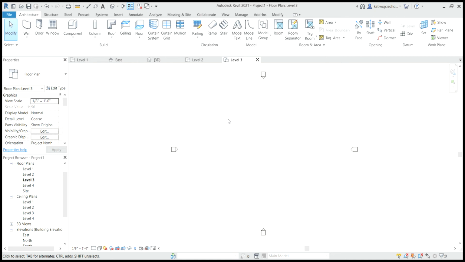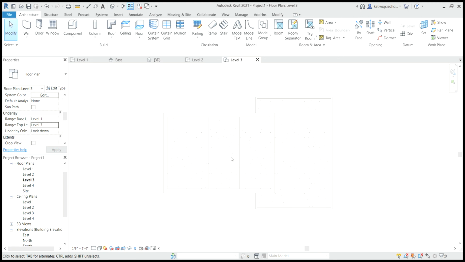Now, as you can see, you can't see anything. So to fix that, we're going to go over here on the properties box. We're going to scroll down until we get to underlay. So where it says range base, I'm going to go to level 1. Top range, let's do level 3. And we want to make sure we're looking down. Hit apply, and that will give you the view of your tiny home. Alright.